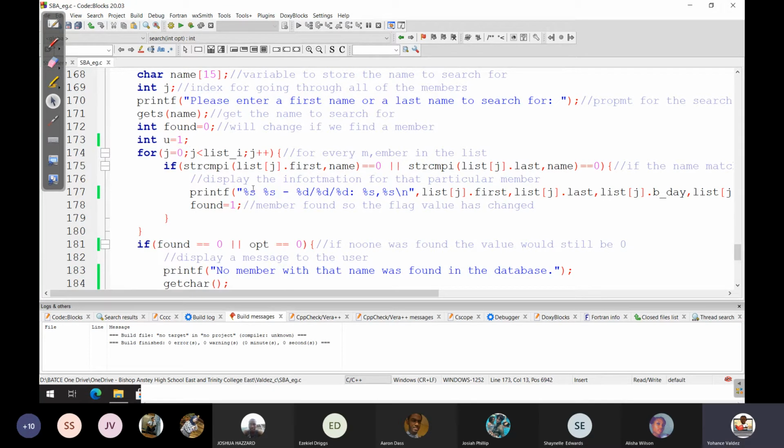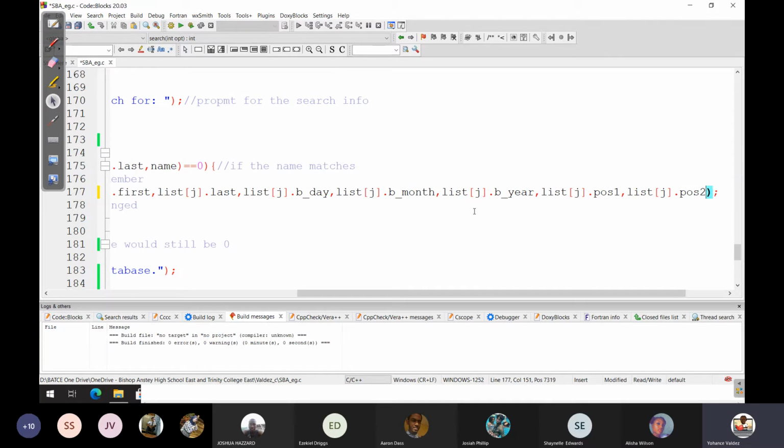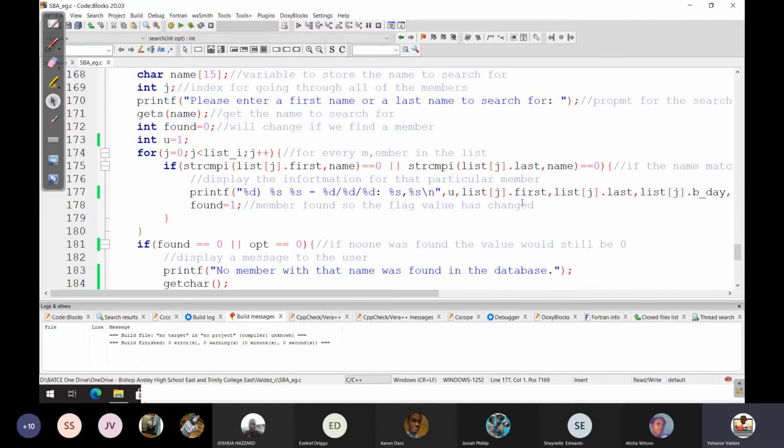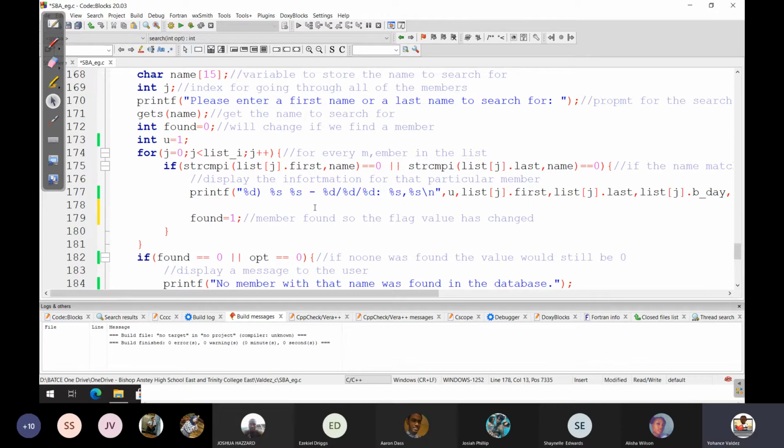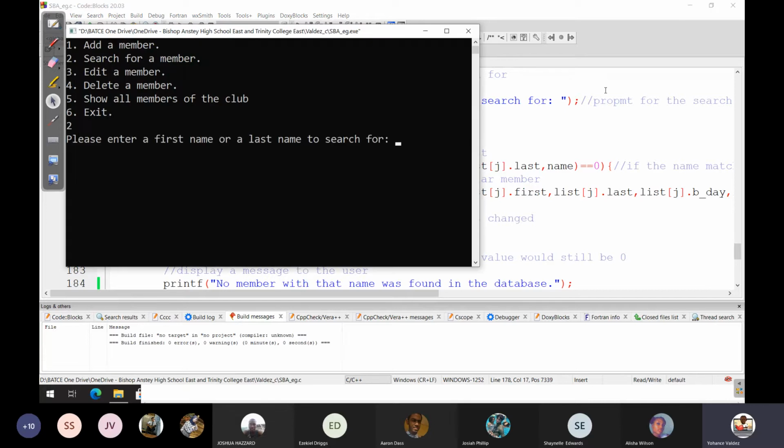Save. I could go %b, and this is u. I'm going to take off my j at the back here, so that when my user, u++, when my user sees my list, when I search,